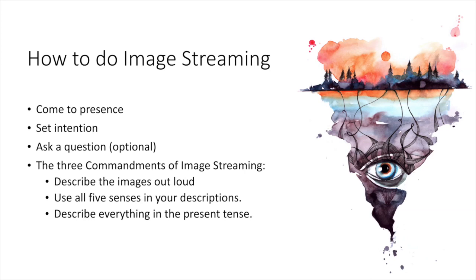And of course, we know through neuroplasticity that over time, the more time you spend thinking in a certain way, the easier and the quicker your brain starts processing that. So as you are describing your images out loud, it is very important to use all of the 5 senses initially in your descriptions and then gradually over time to expand that to include other senses beyond the 5. And then what is really important is to describe everything in the present tense